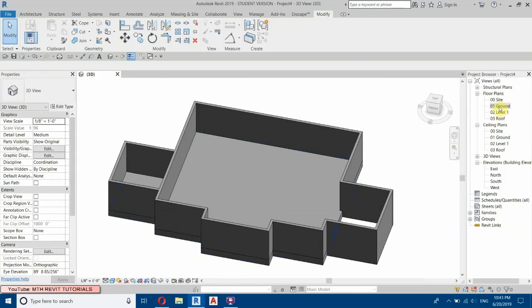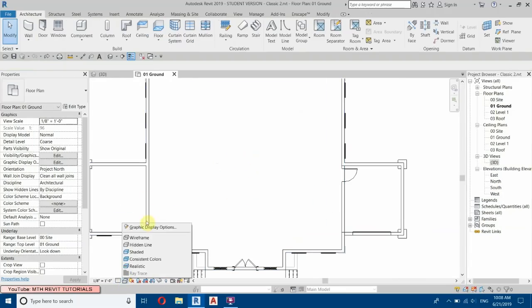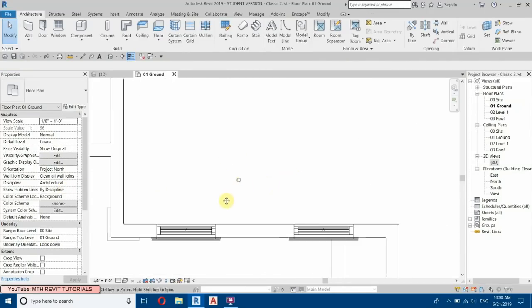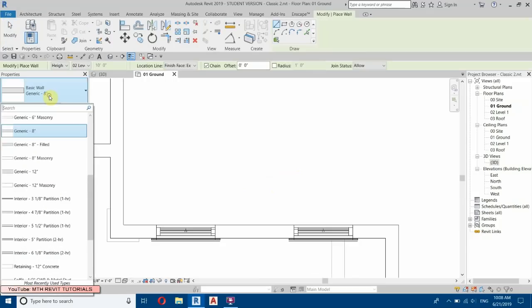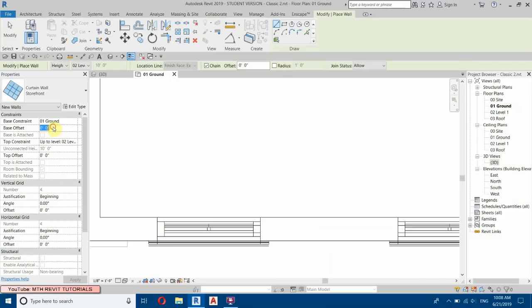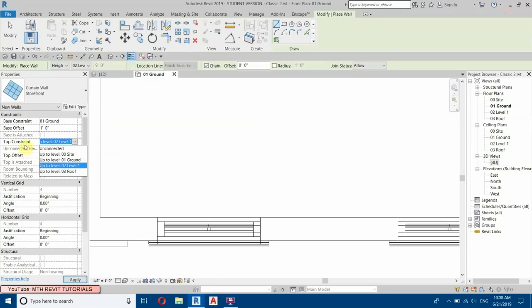So let's go to ground floor and we will create our windows here. So first let's change the visual style to wireframe so we can see our CAD drawing. Now I'm going to be using the curtain wall to create the windows. So let's select the storefront here, and now let's give the base offset of maybe 1 foot, and the height let's change, let's just make it unconnected, so we can give the height maybe 7 or 6 feet,